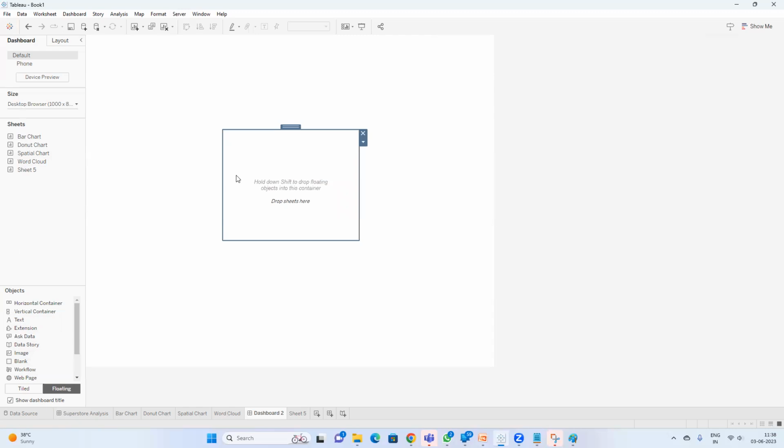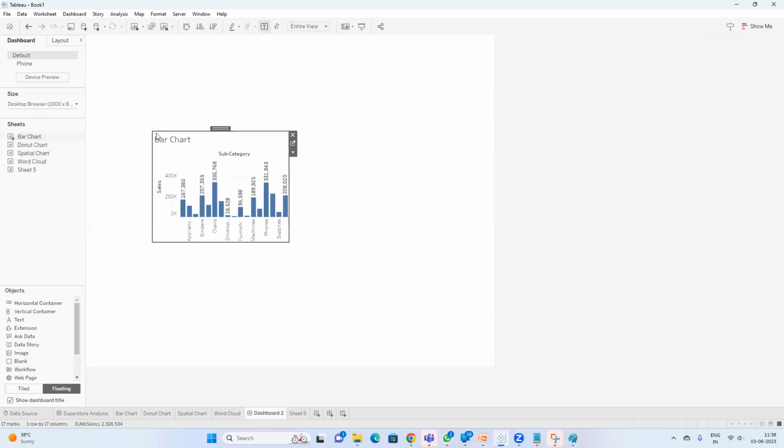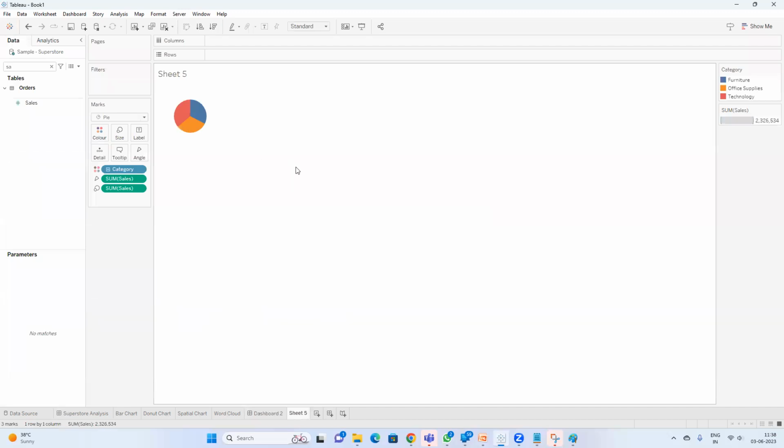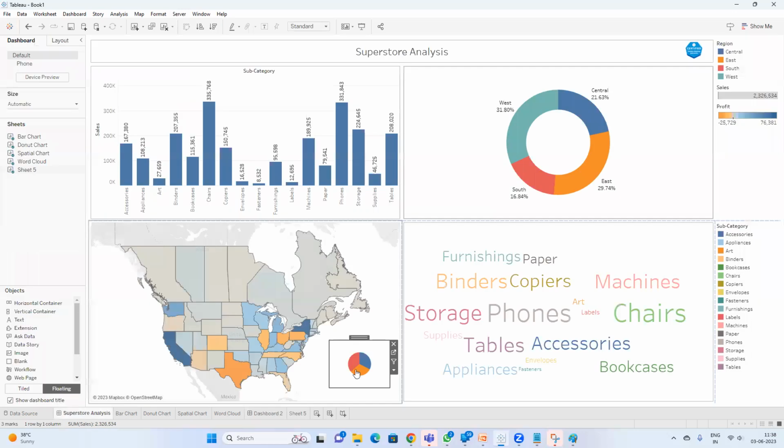Yeah, Rakib, it is in floating mode. The pie chart is this worksheet. Yeah, I have kept it on top of an